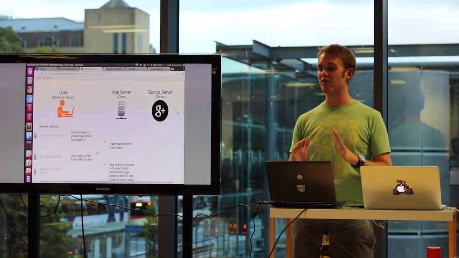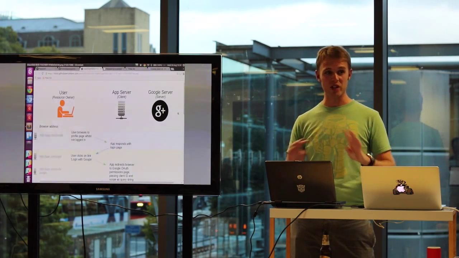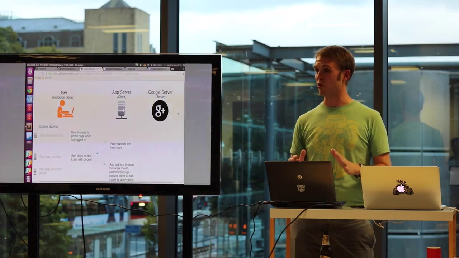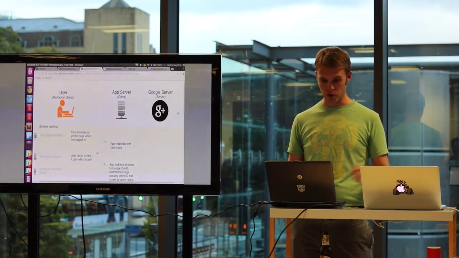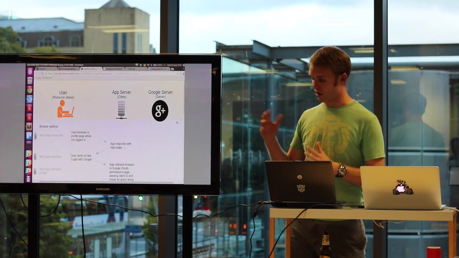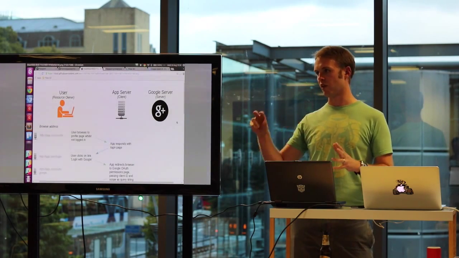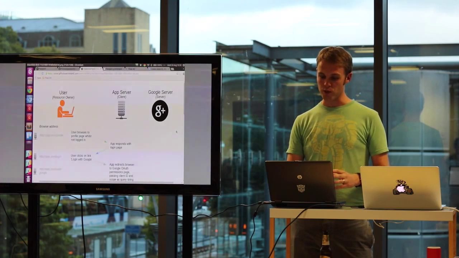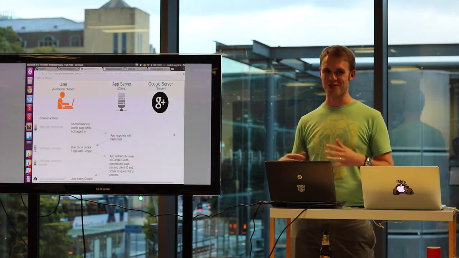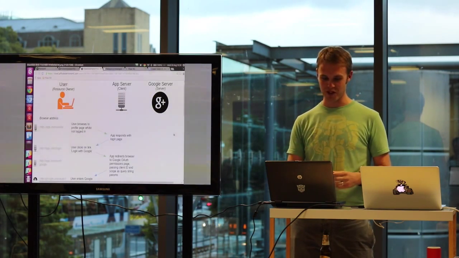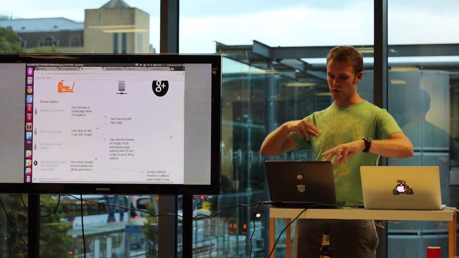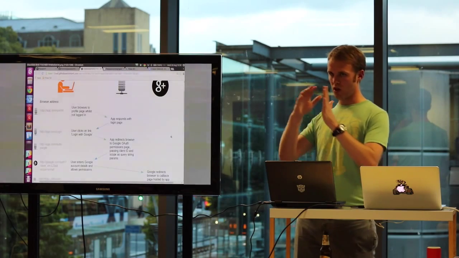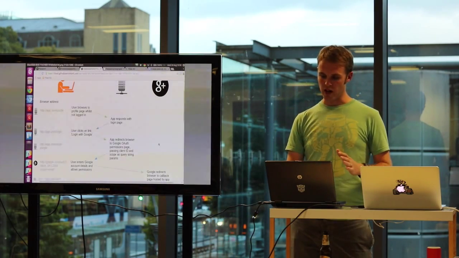OAuth 2, and OAuth in general, has a lot of terminology. It looks really, really confusing. The first time I looked at it, I was like, I have no idea what's going on here. It's actually really straightforward. It's really simple. It's just a whole load of jargon there to try and throw you off for some unknown reason. So anyway, I created this little diagram just to give an idea about what actually happens at which point, more than anything, just to remind myself, to be honest with you. You'll notice that the first few flows are between the user and your app server. It then goes on